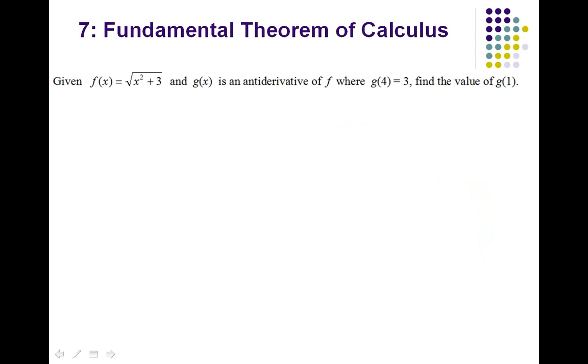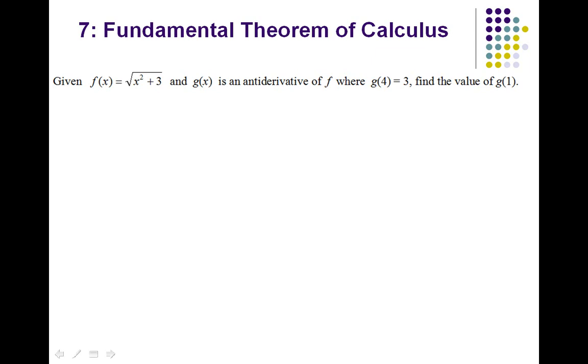So we have f of x equals the square root of x squared plus 3. G of x is an antiderivative. Now we have actually an infinite number of antiderivatives because of the plus c idea. So that's why it will say is an antiderivative. And sometimes you'll get different antiderivatives that are equivalent, but they look completely different. So as the antiderivative of f, given where g of 4 equals 3, we want to find the value of g